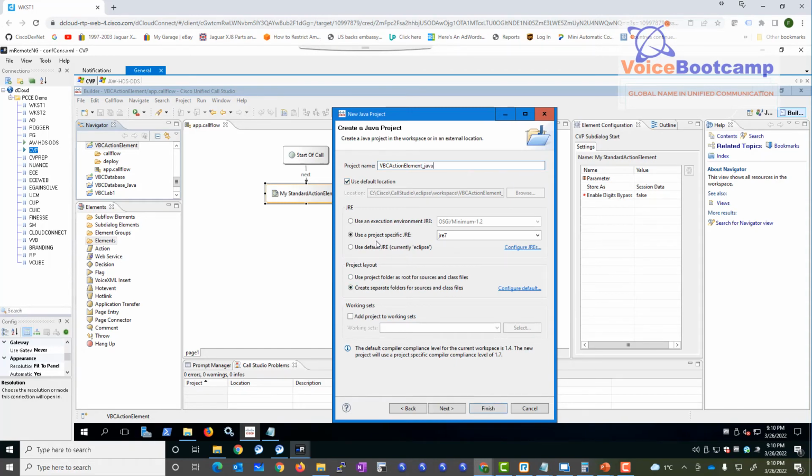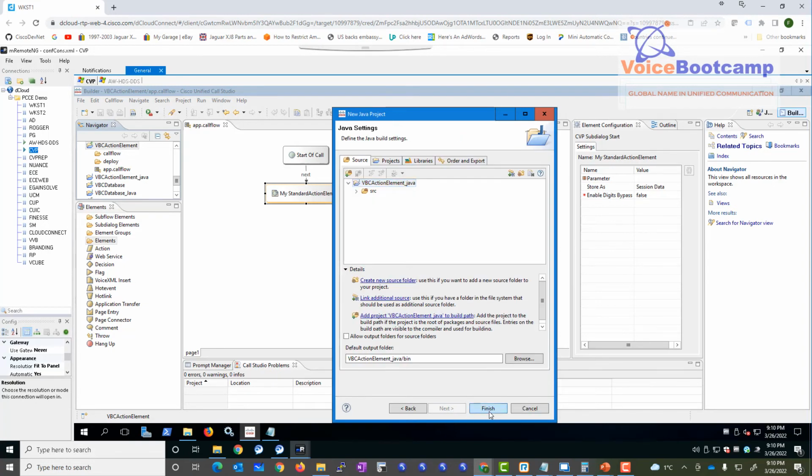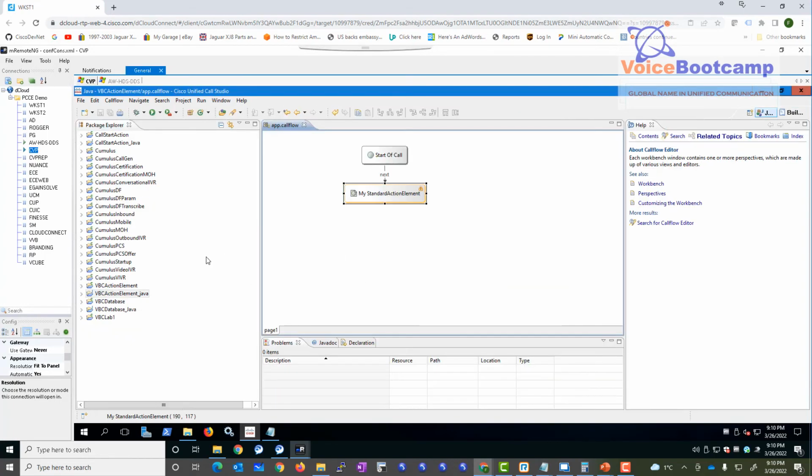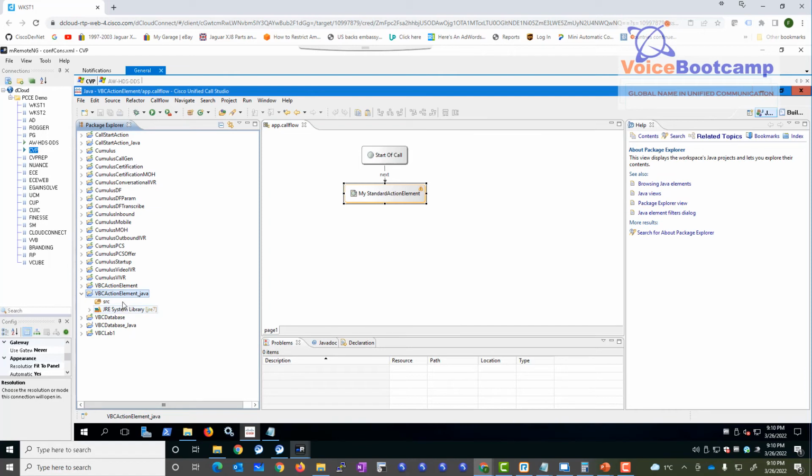Now you need to specify the JRE that you're going to use. I'm going to use JRE 7.0. And this is the bin folder, source folder, allow output folders for source, and finish. Say yes. So here is my